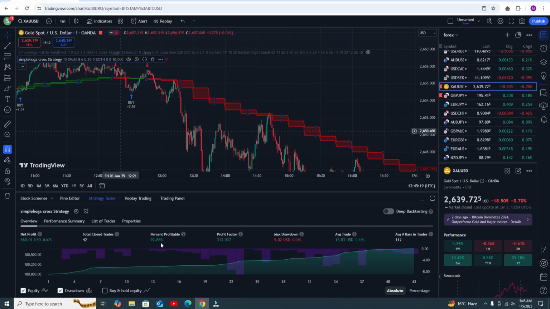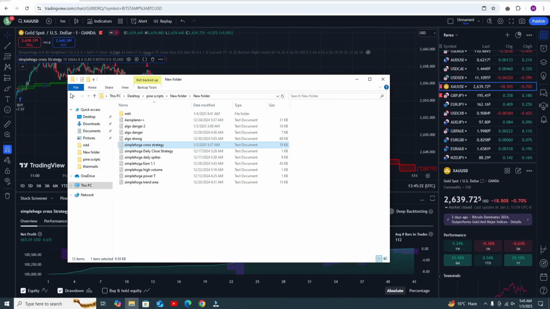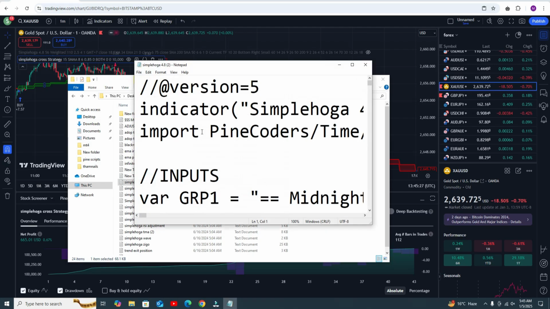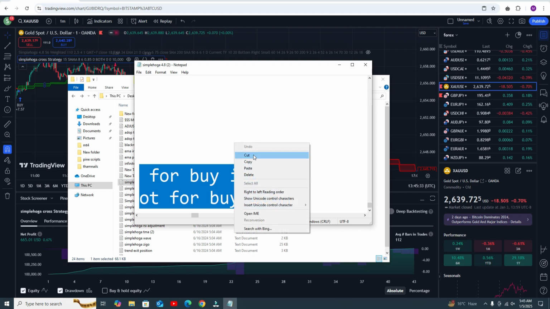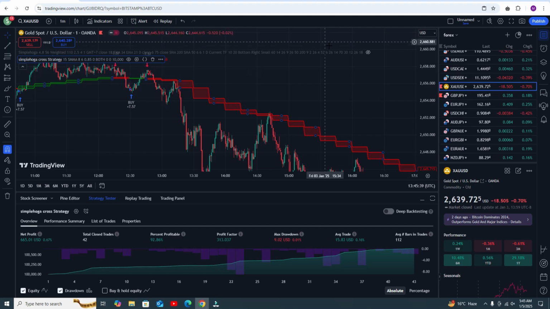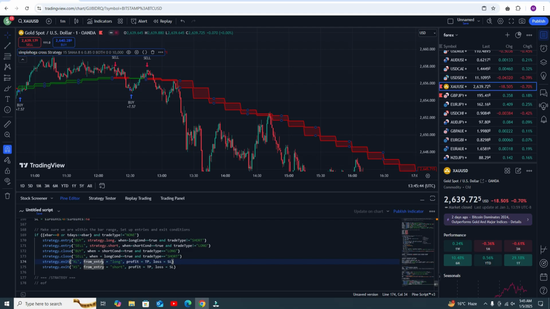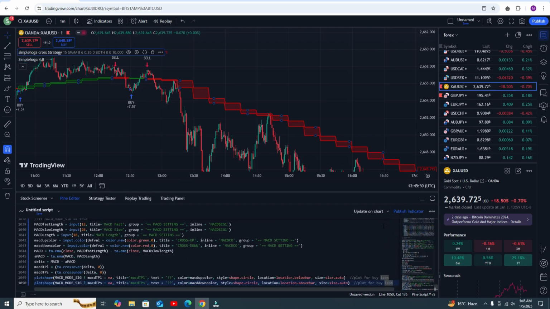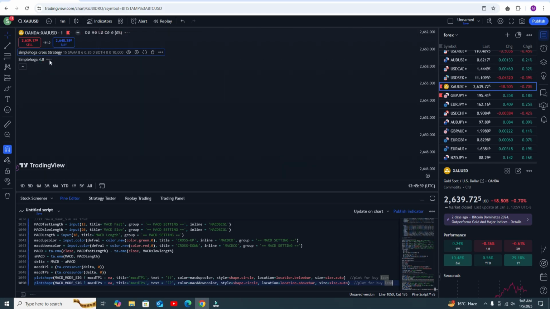Now the second indicator. Just go to the Pine editor, and I will send you the file. Open my file, copy my code with Control A, Control C, close it, and go to the Pine editor. First remove the existing code with Control A, then paste my code and click on add to chart. The indicator will be added here, and it will be done in a few seconds. Just wait and let's see.